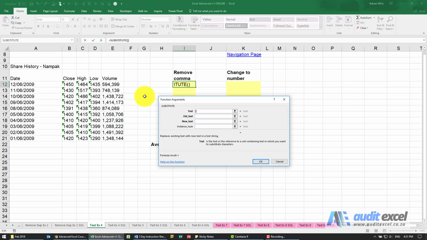What we're going to say is, please Excel, look over here for the text. The old text, in inverted commas, I'm going to put a comma. The new text is nothing, we're going to replace it with nothing, so just two inverted commas next to each other. In this case we wanted to replace all of them, so when there's two, both of them get replaced. So when I say OK,